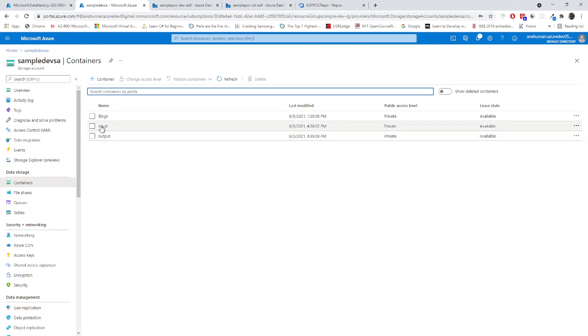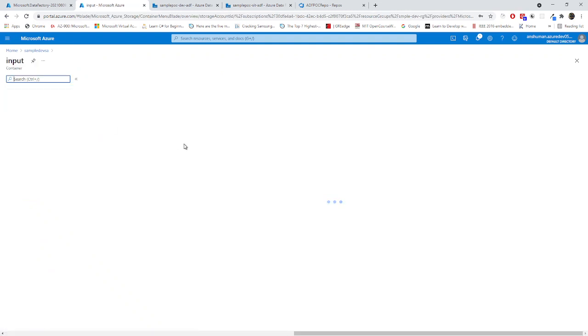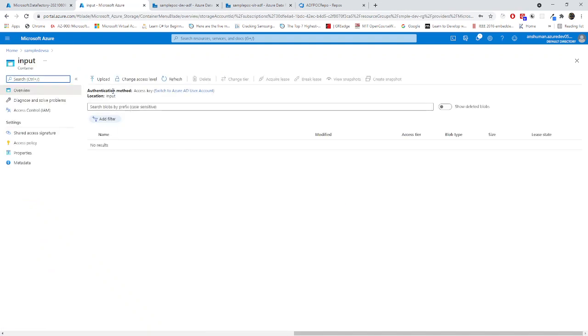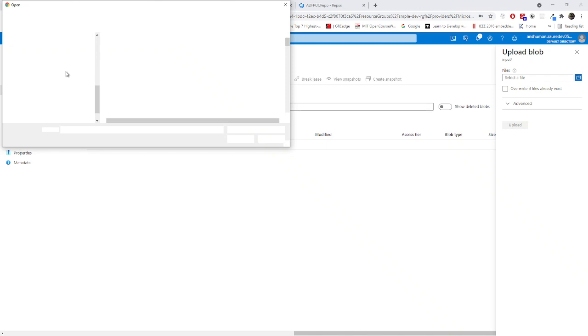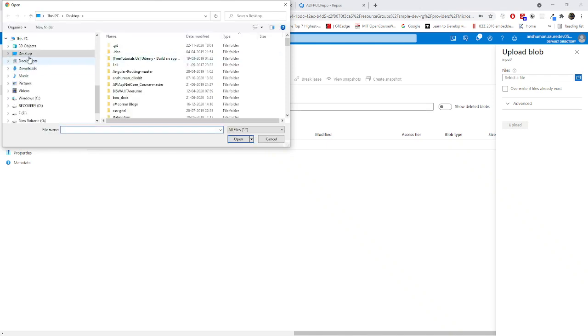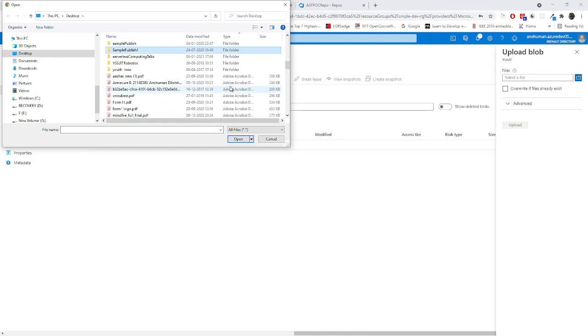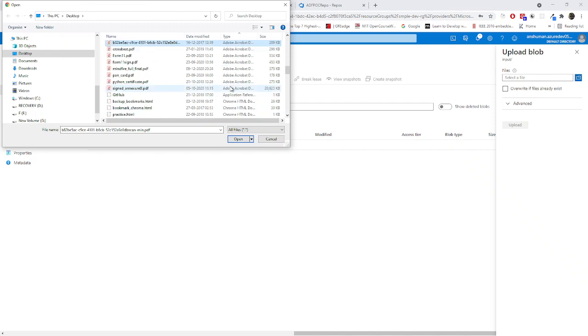Okay, so how to do it? If I select it, I'll upload something in here. Let it be, select file. It is asking me. All these things can be done automatically also. You have to write PowerShell scripts or any kind of automation scripts for that. So on my desktop, I have a sample.json. Let's see where that JSON file is. There are so many things inside my desktop.